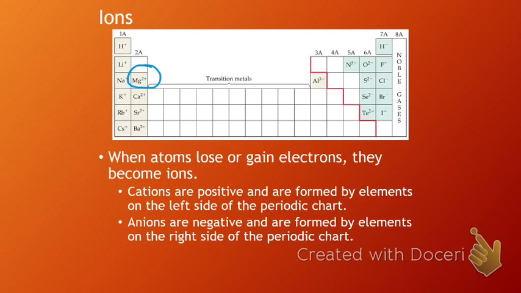Please notice that I say positive 2 charge, but we write it as a 2 plus. You don't ever put the plus sign in front of it. The plus sign always goes behind it. Whereas, let's say if we have an atom like chlorine, which gains an electron, it now has one more electron than protons, and so chlorine here would have a Cl minus charge. If it's just a 1, you don't have to include the 1. If it's anything more than 1, you'd have to. For example, oxygen forms a 2 minus charge. Okay? If it's a positive number,